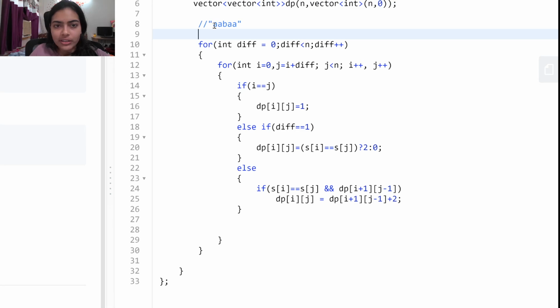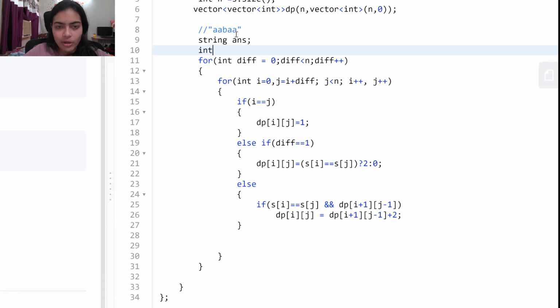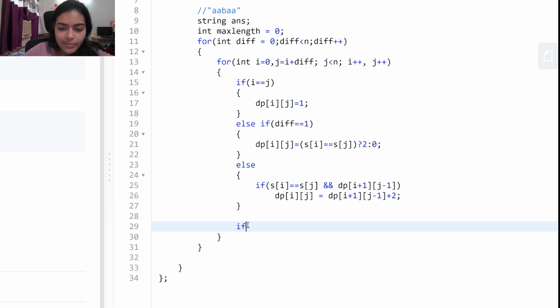We need to return the string that is a palindrome. In our case, we have to return this a string as our answer. So let me declare string answer. Okay, and let me also take one variable that is going to store the maximum length of the palindrome that we got till now. Initially it is 0, right? Now let me check if the palindrome that we have got right now,